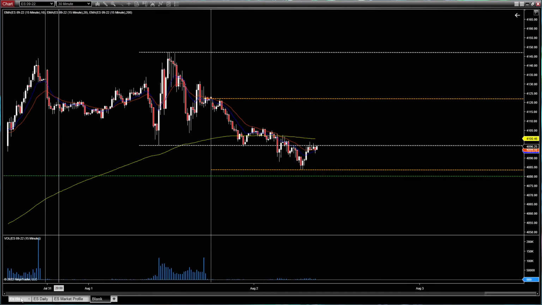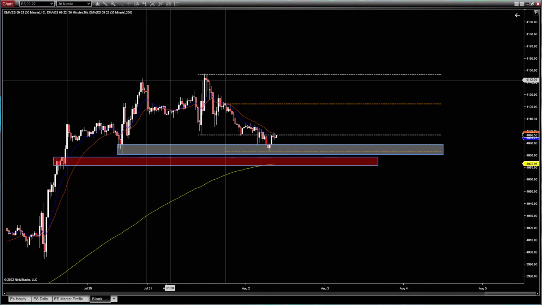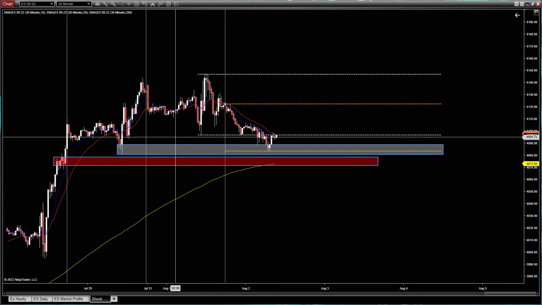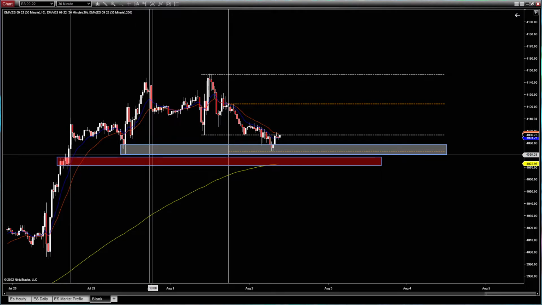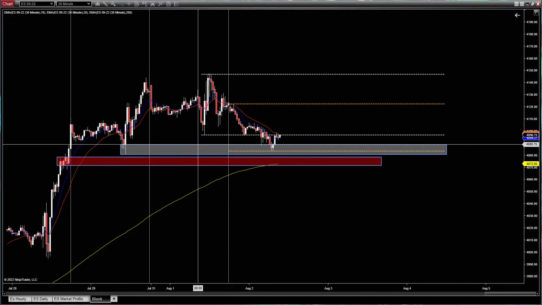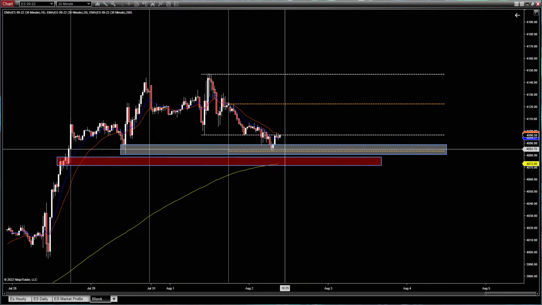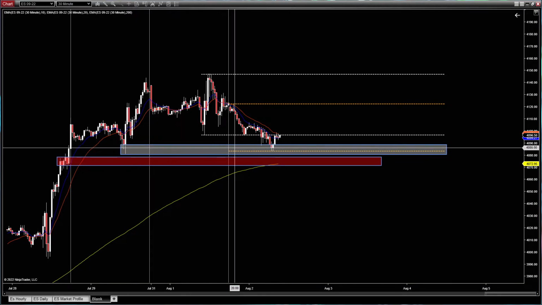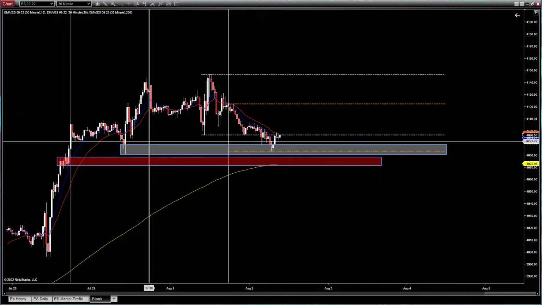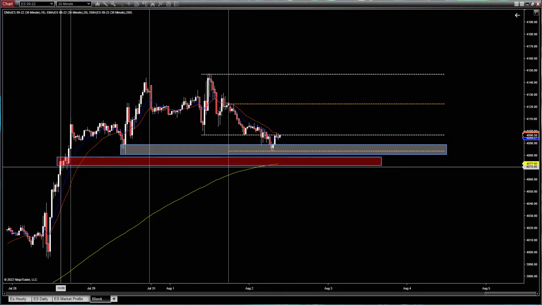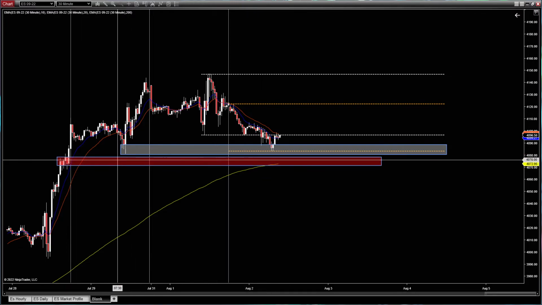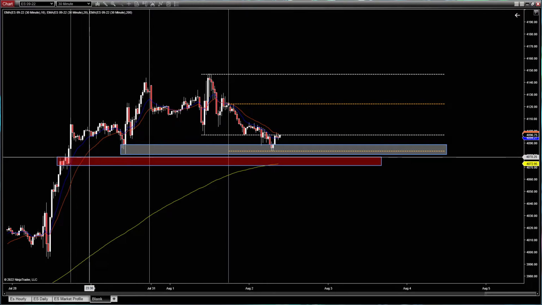This is the same chart as the hourly, but this is a 30-minute chart. This box right here represents that 480 level that I'm watching. So all these wicks, as long as we're in this box, it was iffy. I was going to watch this area, but we did bounce out of it, so who knows what happens with this area today. And then we know that this red box will be more resistance on the way up, or support on the way down.